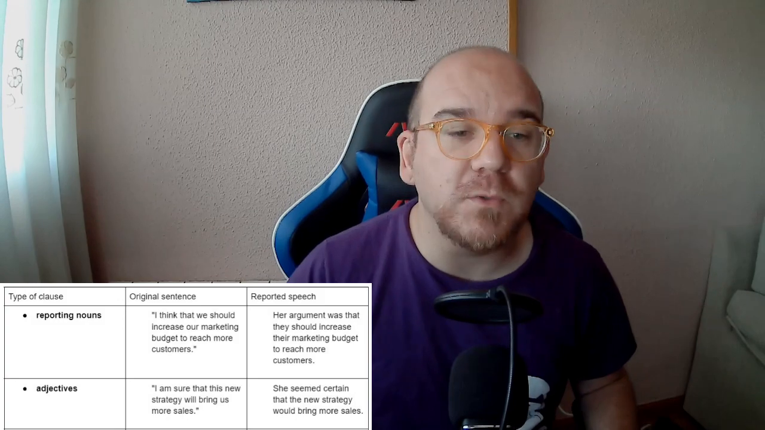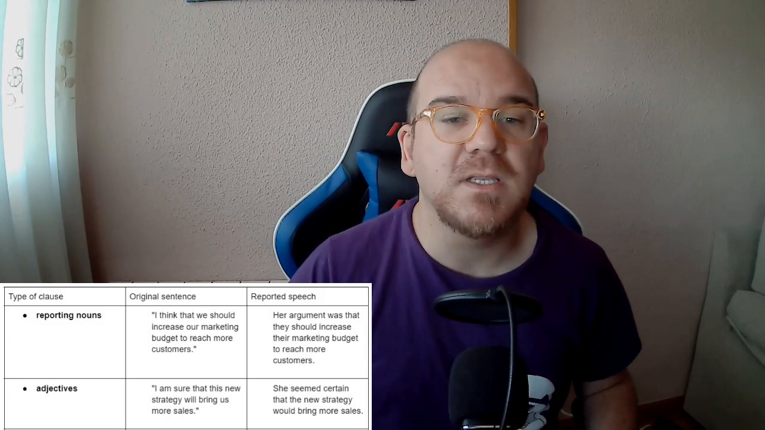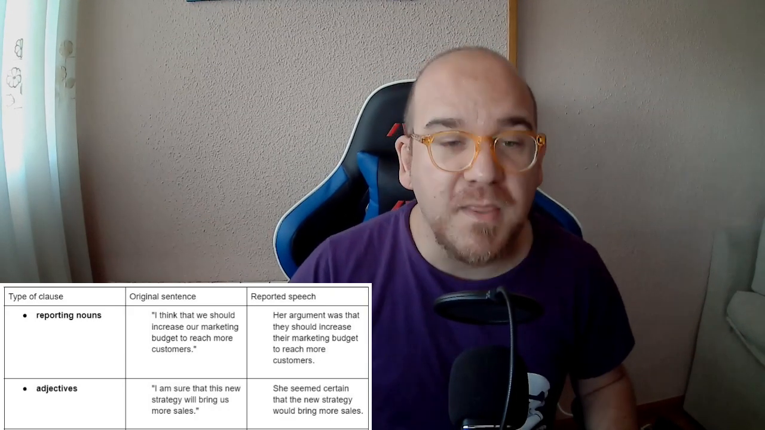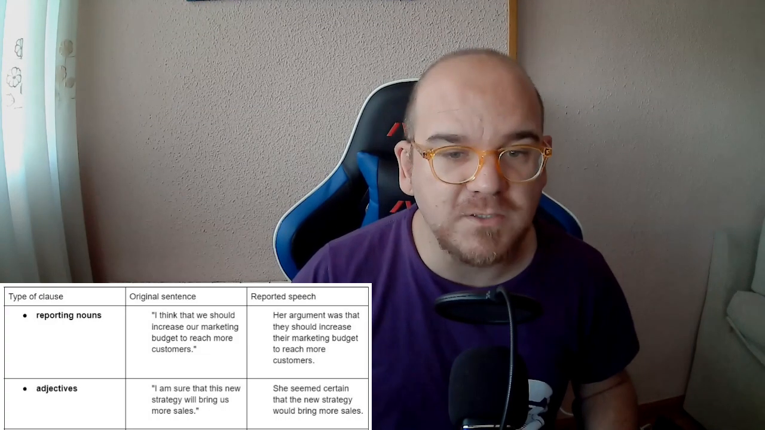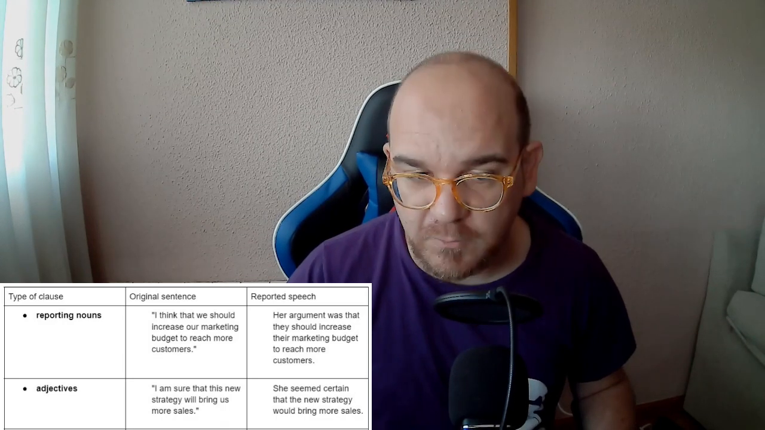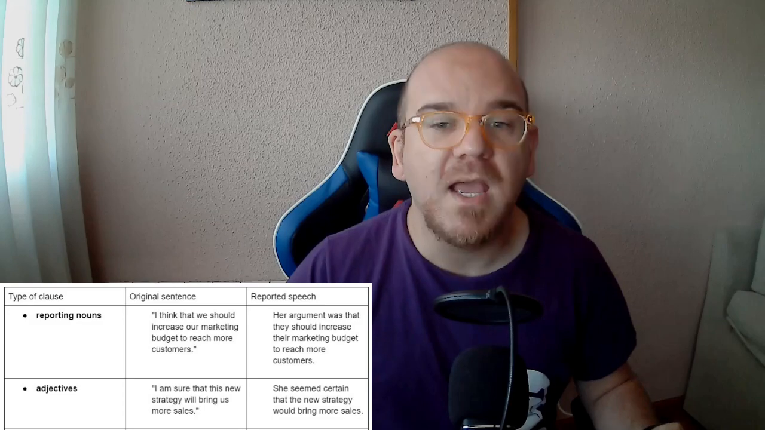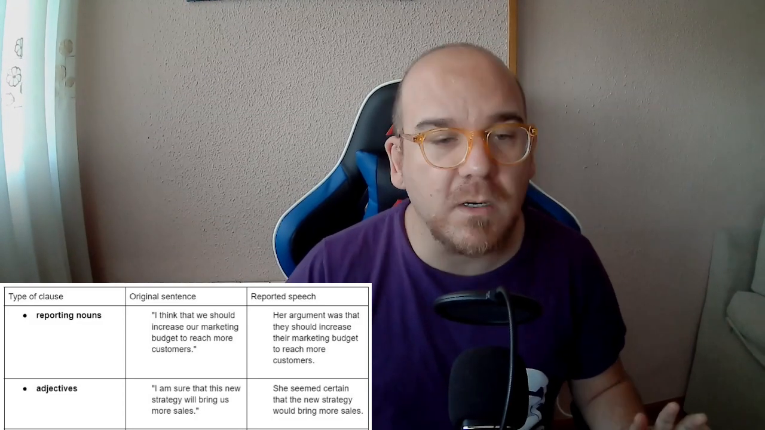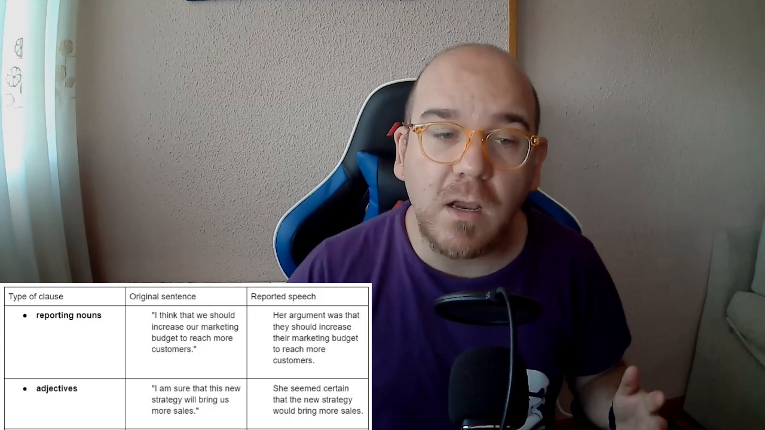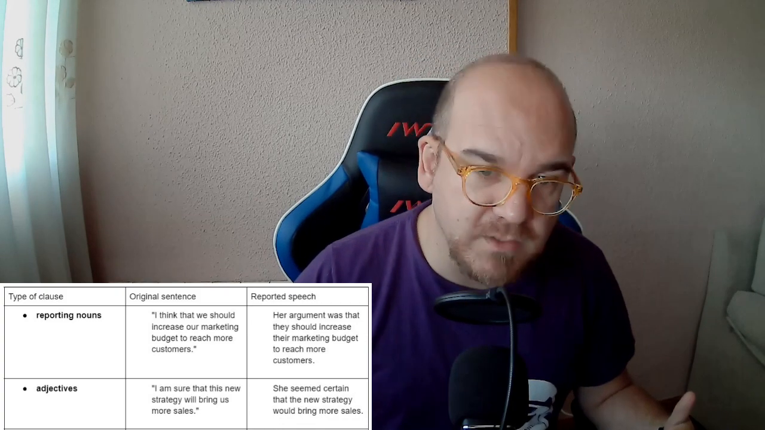These methods involve summarizing or paraphrasing the content of the original statement, rather than directly quoting it. One common way of reporting what someone said is by using reporting nouns such as argument, comment, complaint, observation, or remark. These nouns help to summarize the main points of the speaker's statement without necessarily using their exact words. For example, in the original statement, "I think that we should increase our marketing budget to reach more customers." With a reporting noun, it would be, "Her argument was that they should increase their marketing budget to reach more